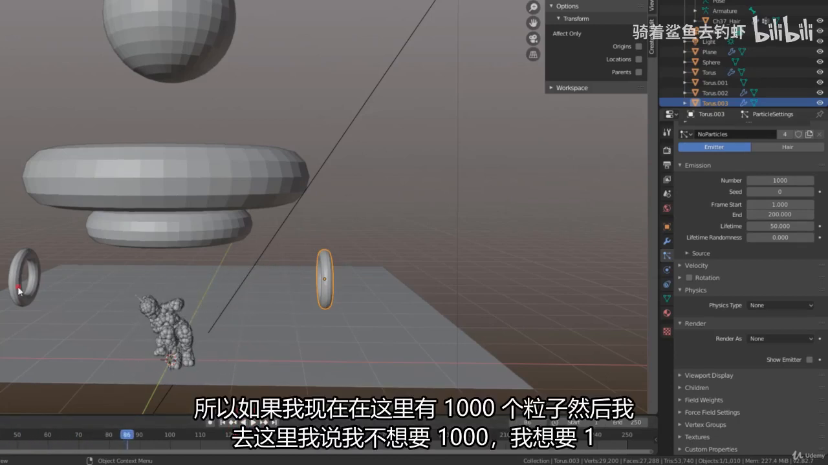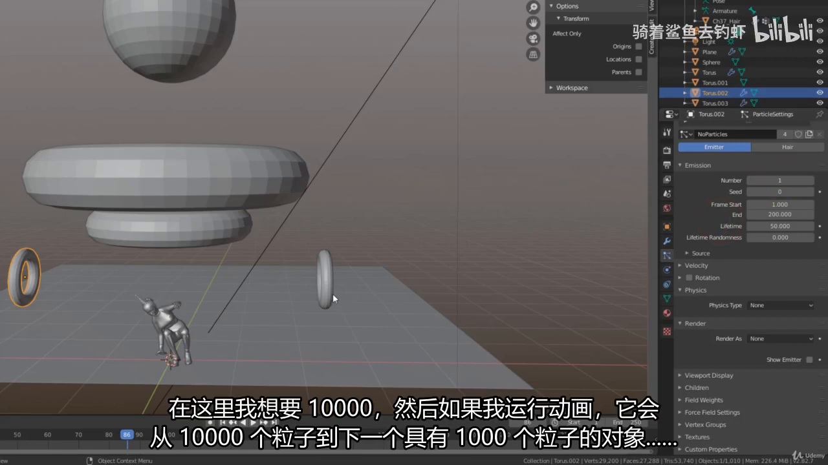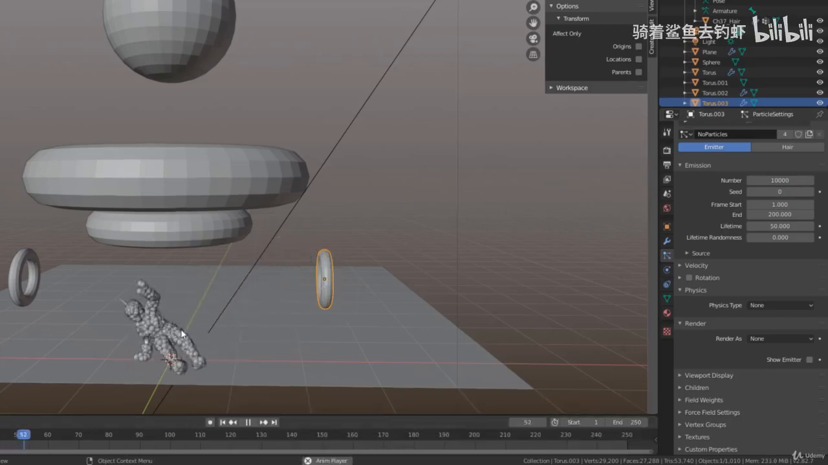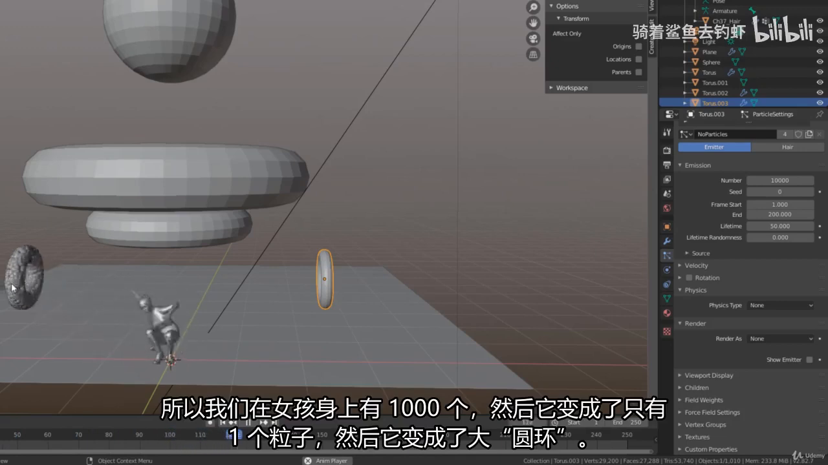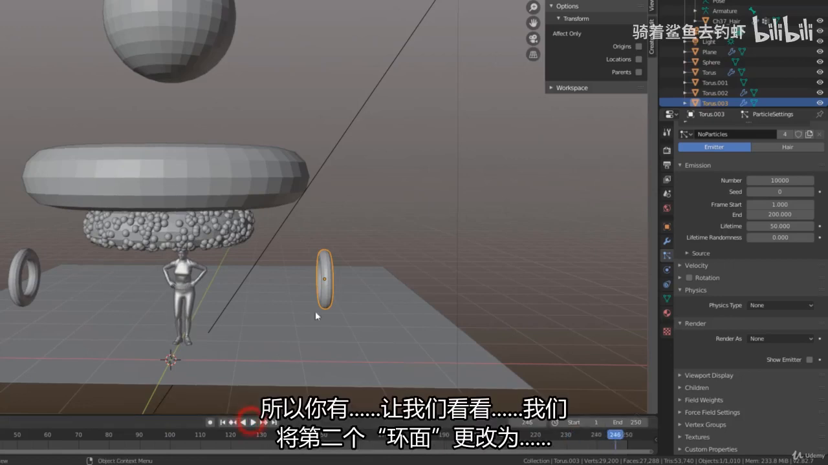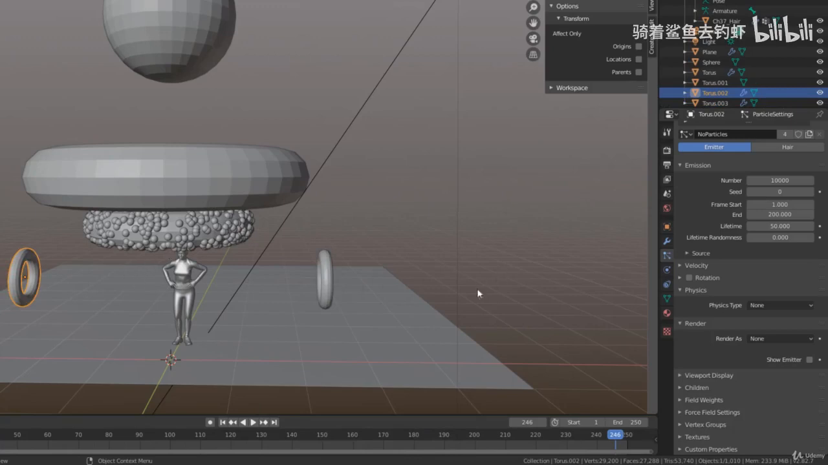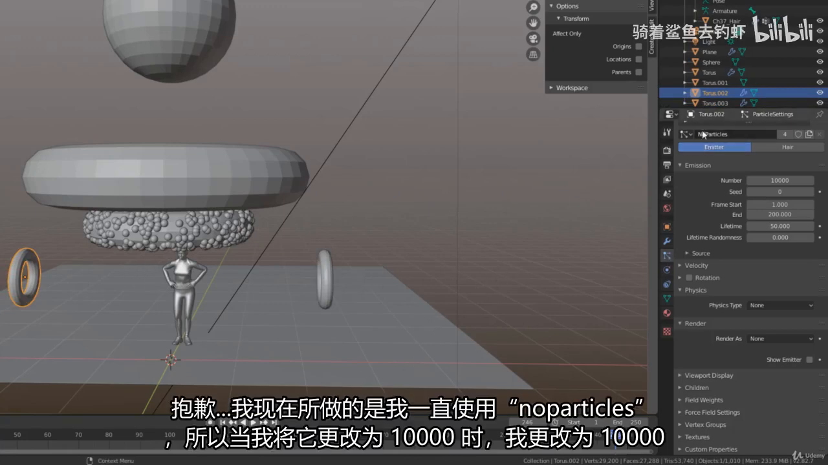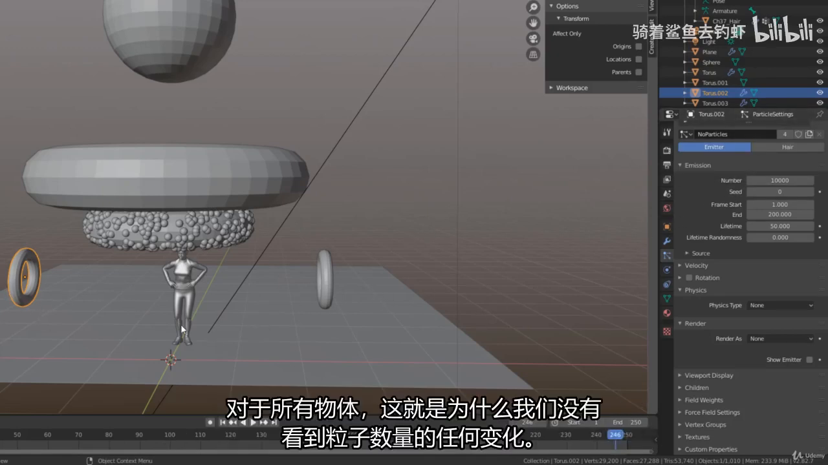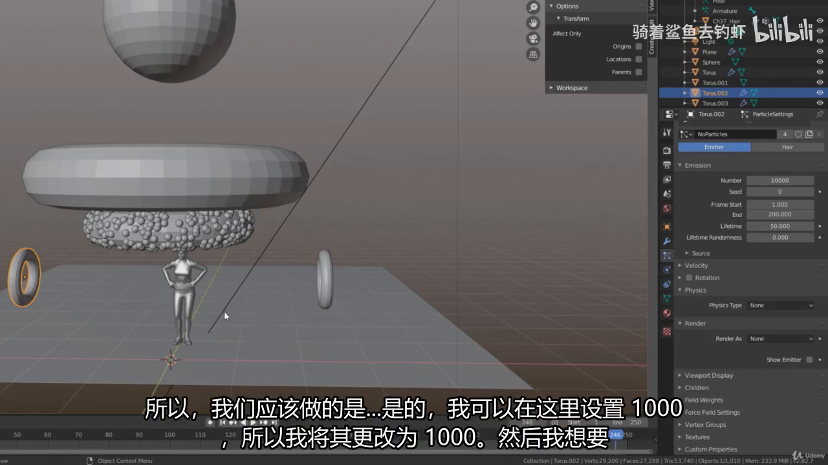So if we now have 1000 particles here, I go here and I say I don't want 1000, I want 1, and here I want 10,000. Then I run the animation, it goes from like 10,000 to next object with 1000, so I have 1000 on the girl, and then it goes only to 1 particle, and then it goes to big torus. Sorry, what I did now was that I used the same particle setting, no particles all the time. So when I changed 10,000, I changed 10,000 for all objects,